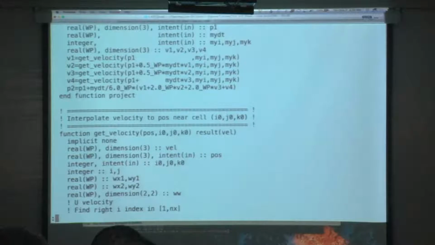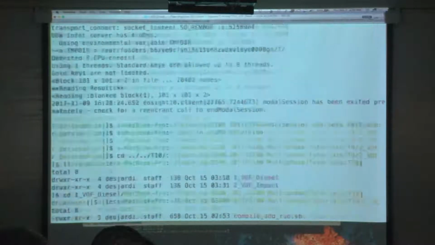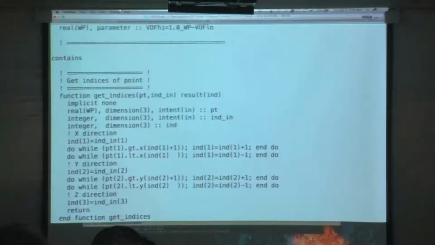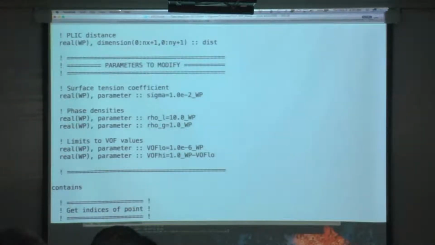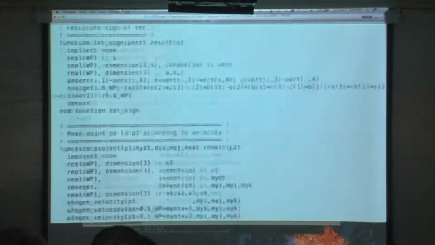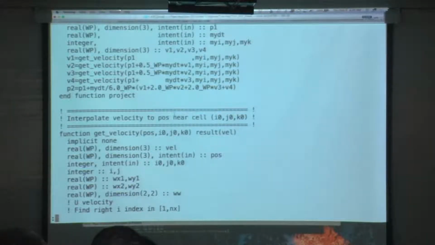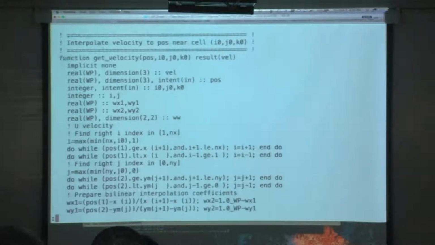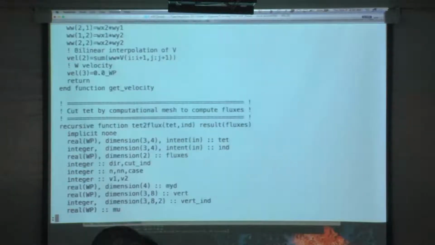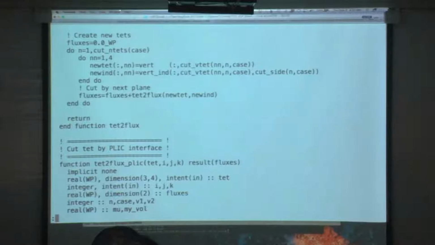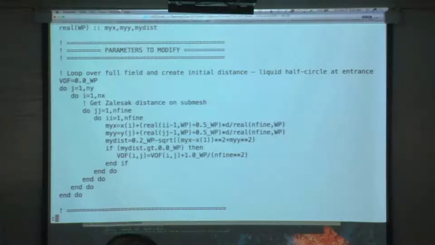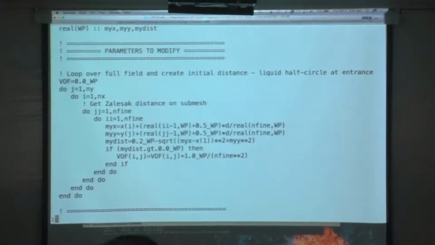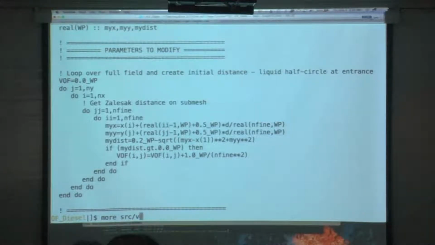So let's look at what we're doing here. In this case, I think I was going back to looking at the jet, although I don't know why I called it diesel. I think it should be the same two-phase flow that I had with the level set. Let me look at the initial condition. The initial condition is given by a liquid half circle at the entrance. So we're still going to have a little half circle of liquid on the left. I can take a look at the demo flow